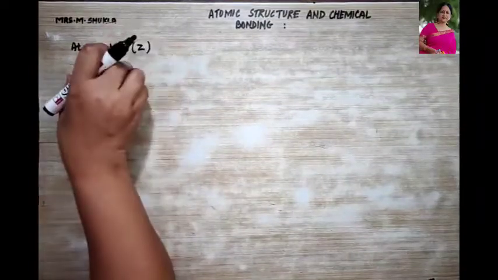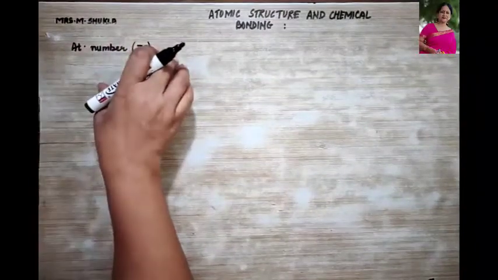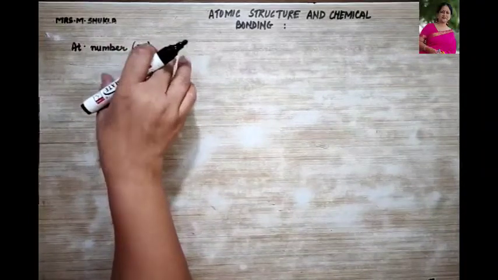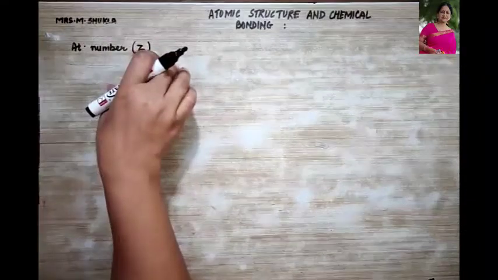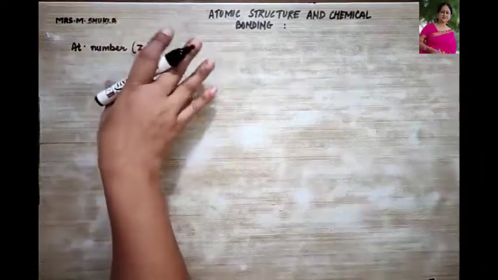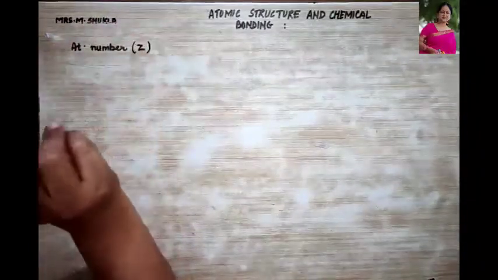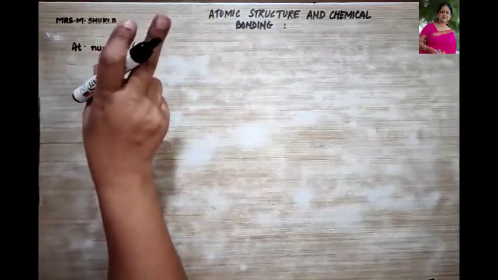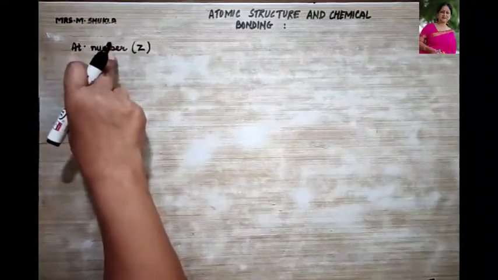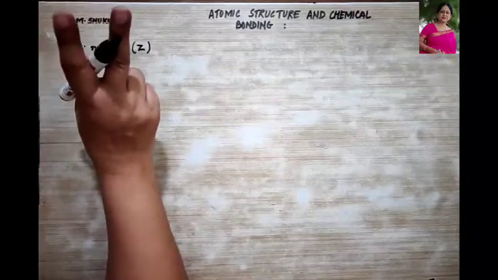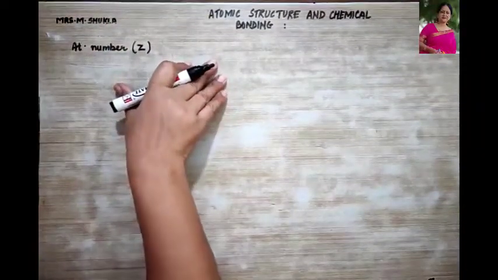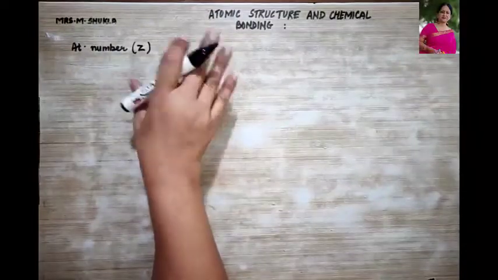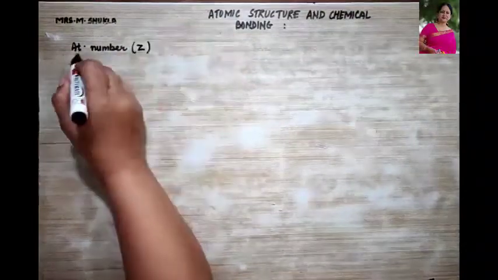Okay, and what is atomic number? It is the number of protons present in the nucleus of an atom. Clear? Every element has a different number of protons. That is the characteristic of atomic number, the number of protons. No two elements can have the same number of protons, and it is believed that the chemical properties of an element only depend upon what?